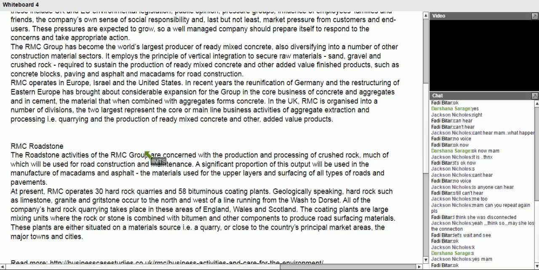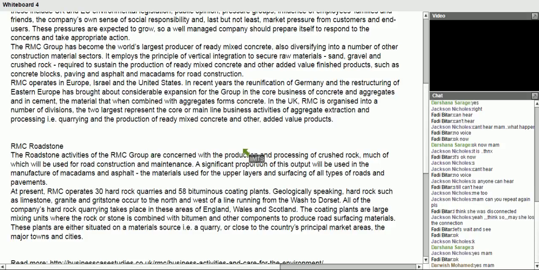RMC Roadstone. The roadstone activities of the RMC group are concerned with the production and processing of crushed rock, much of which will be used for road construction and maintenance. So they produce crushed rock too, okay, which is used for road construction and maintenance as well. A significant proportion of this output will be used in the manufacture of macadams and asphalt, the material used for the upper layer and surfacing of all types of roads and pavements. At present, RMC operates 30 hard rock quarries and 50 bituminous coating plants. Geologically speaking, hard rock such as limestone, granite and